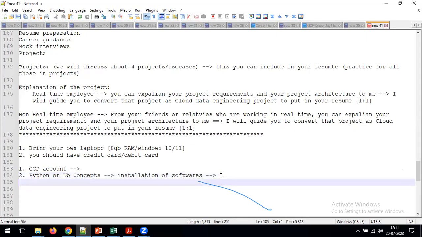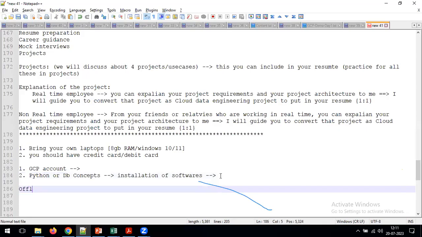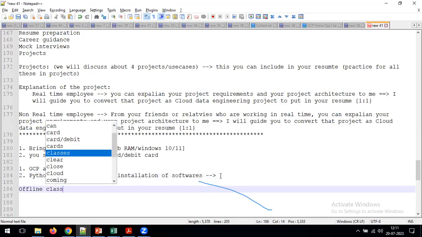No, my suggestion is please come to offline classes, which is nothing but please come to the institute. If there is any 10 to 20% possibility, please come to the offline classes, because in offline we are taking care of each and every person personally. If you're online, what will happen? You yourself will get distracted because of your personal work or any other things. But if you come to the institute, why are you coming? To learn the things, to do the practice.